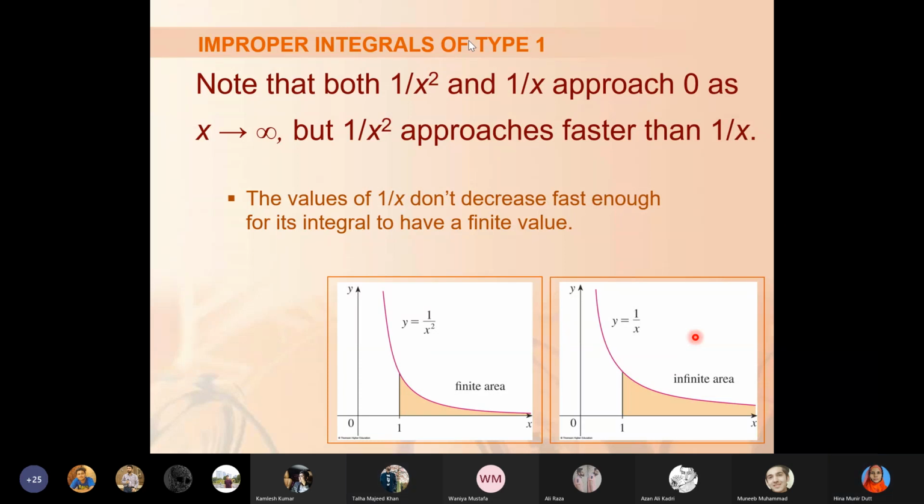ओके मैम। जी, कोई और क्वेश्चन? वानिया कुछ समझ आई है? यस।